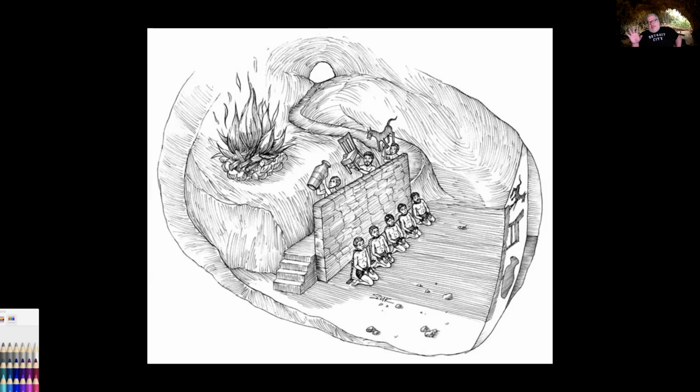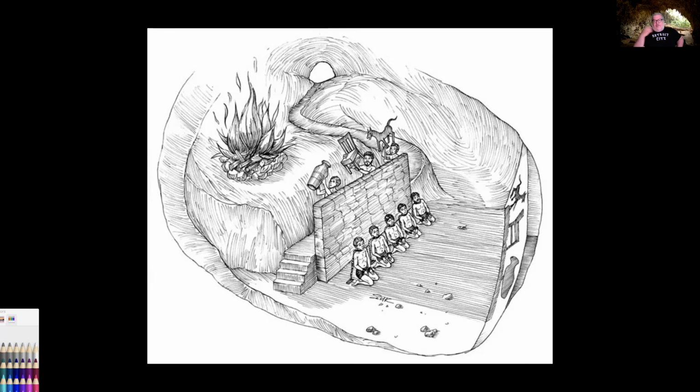Now, they don't know where these shadows come from. One idea is maybe that there are people walking behind them making shadows on the wall. Maybe they've begun to see that that's how a shadow happens. Or maybe it's not even that. Maybe it's just that there are shadows being cast down from somewhere else on them. Depending on how we want to tell this story, what meaning we want to get out of it, we might emphasize one of those origins.